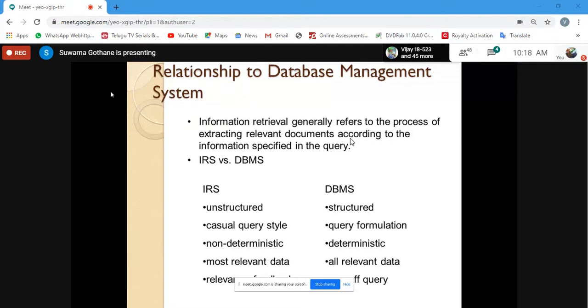Suppose a particular database is created, and a lot of entries are going to be there, from the past 5 years or 10 years. Now I'm interested in knowing which employees have been working in the organization during one particular year. If I would like to get that information, I'm going to get it. So I'm determined about this. We have an earlier idea that this output I'm going to achieve, whereas in IRS we can't assure